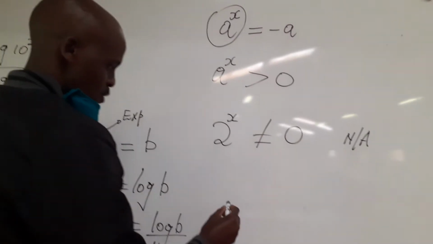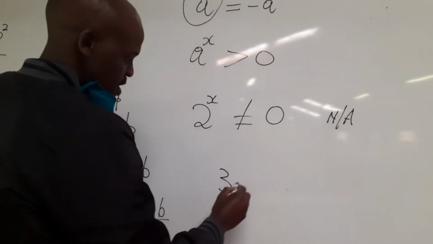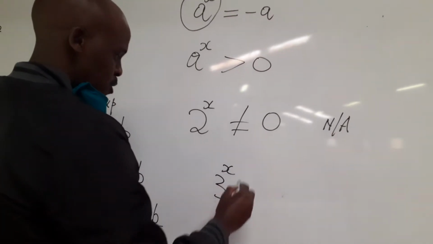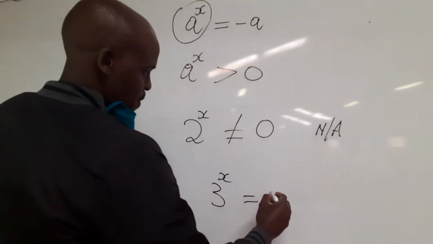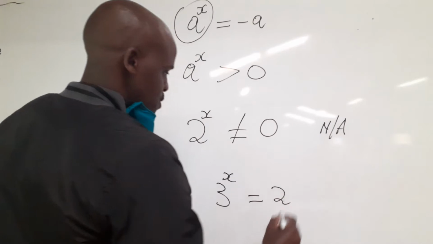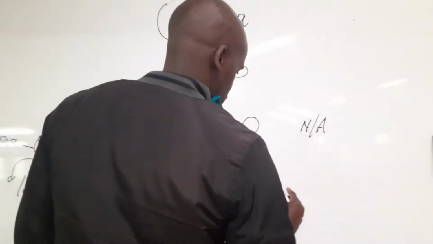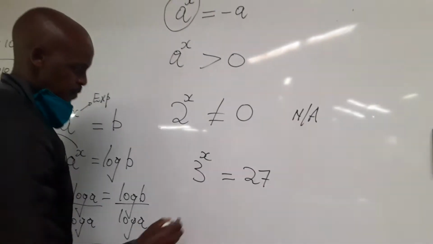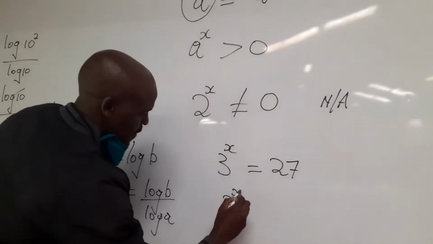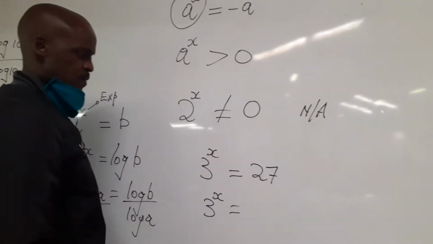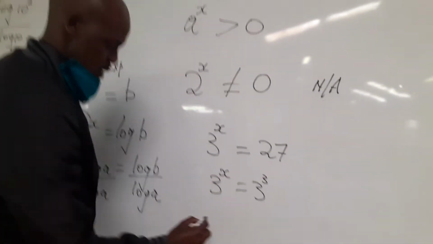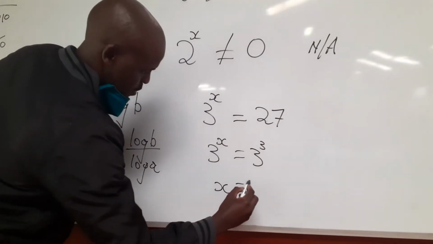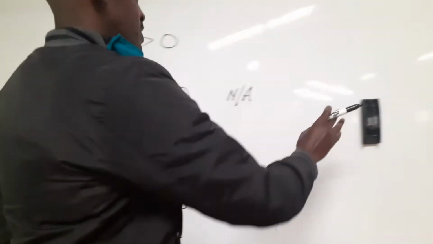Let's say we have 3 exponent x is equal to, let's say 27, right. 3 exponent x will be equal to 3 exponent 3, the bases are the same, therefore x is equal to 3. And then in a situation like this now,